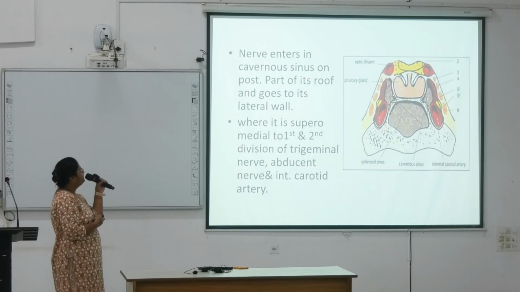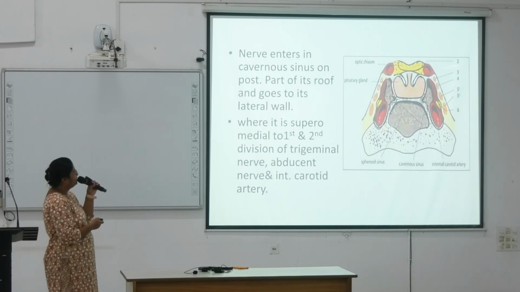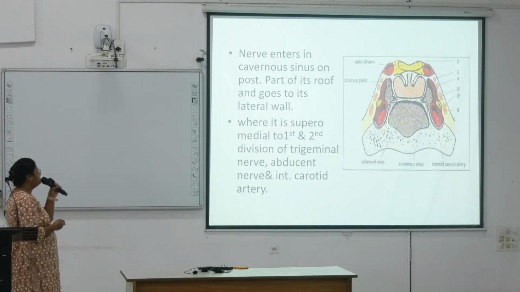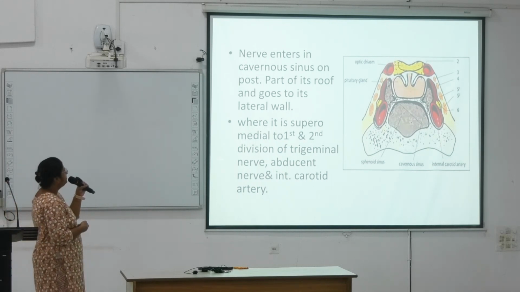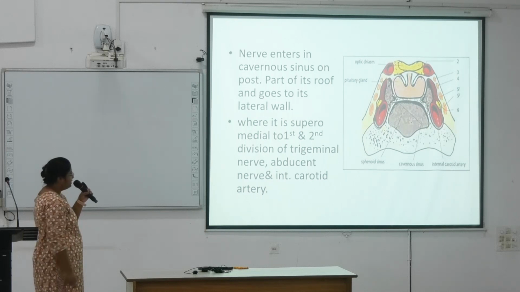the nerve enters the cavernous sinus on the posterior part of its roof and goes to its lateral wall. Here, the four marked one is the trochlear nerve, where it is superomedial to the first and second division of the trigeminal nerve, the abducent nerve and internal carotid artery. All these are lying in relation with the nerve: two divisions of fifth cranial nerve, internal carotid artery, abducent nerve. Next,